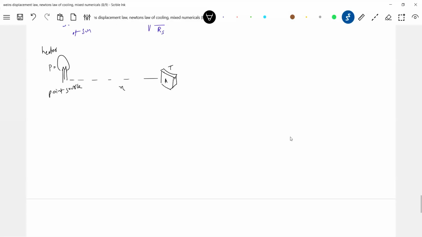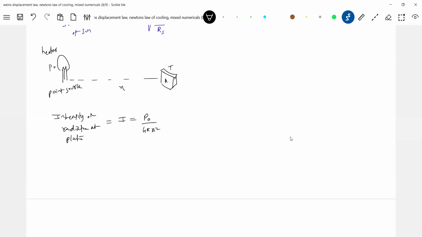Then the power incident, all the power. So what is the intensity? Intensity of radiation at the plate should be I equal to P naught by 4